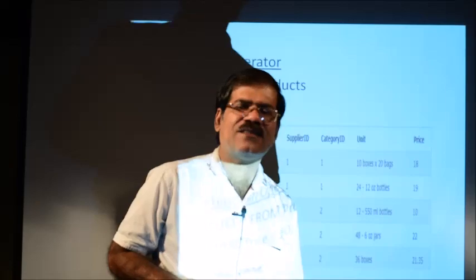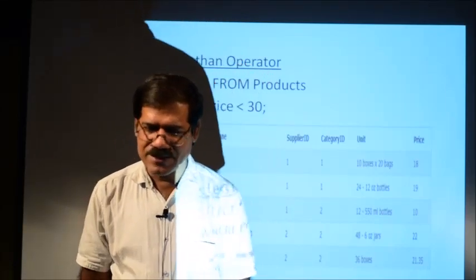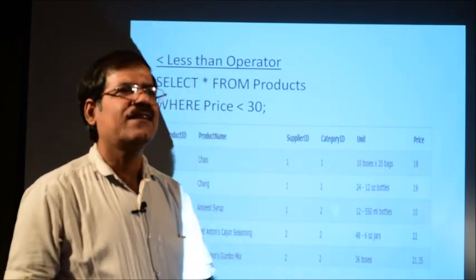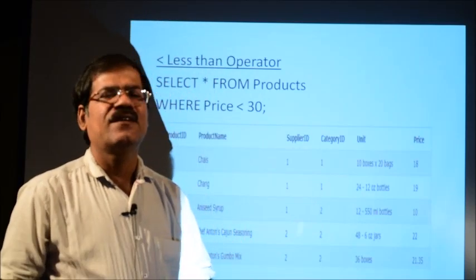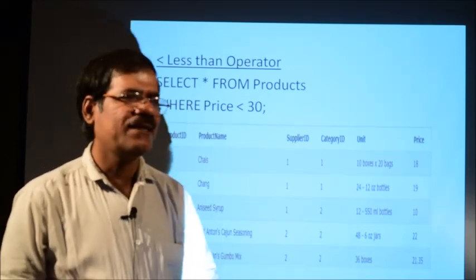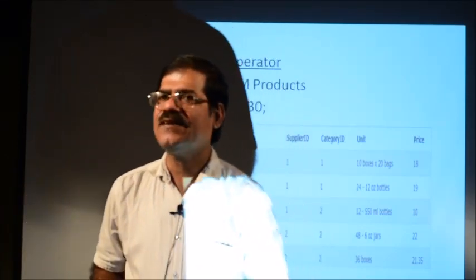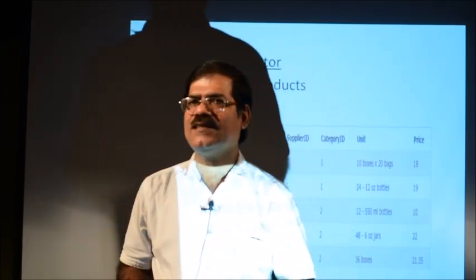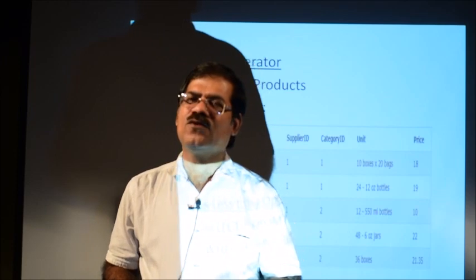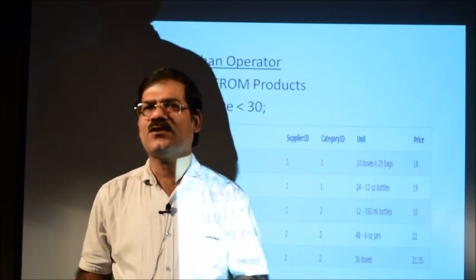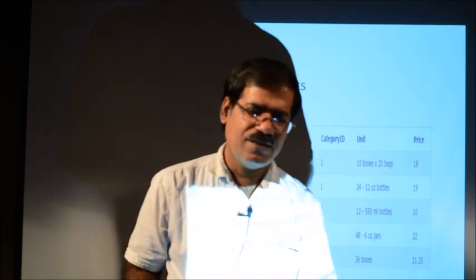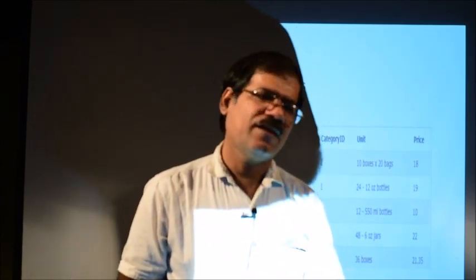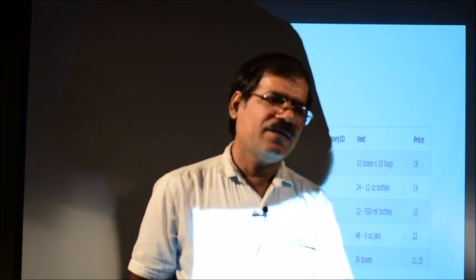TCL, transaction control language, has different commands: commit, rollback, savepoint. Commit is just like a save. Whatever operations you are performing, if you press commit, all the operations are saved permanently in the database. Rollback means that if a particular transaction is going on, we go back. This statement is used to go back to a previous position. Next is savepoint.